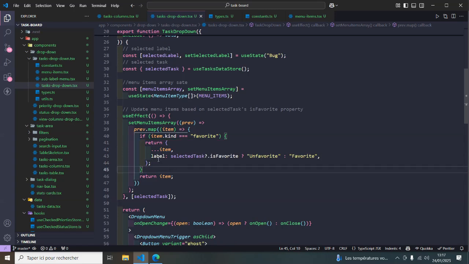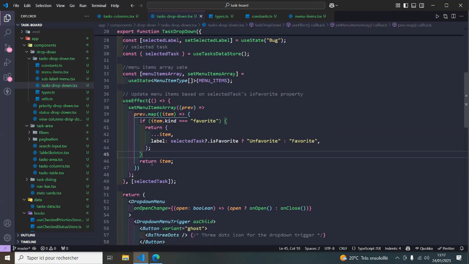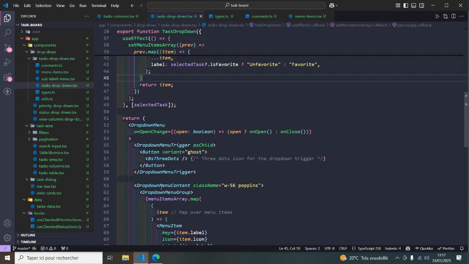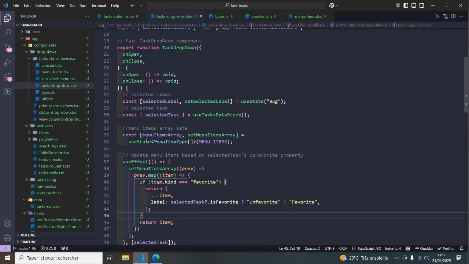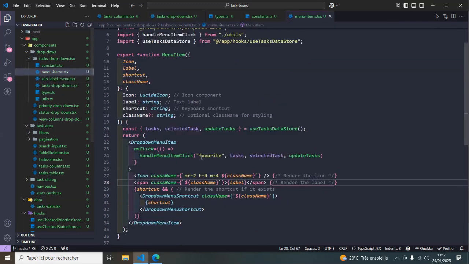Here we're going to only update the label depending on the selected task. So if it is favorite, we're going to show the unfavorite. Otherwise, we're going to show the favorite. And this is going to be dependent upon the selected task state. So after doing this, we are going to go to the menu-items.tsx, and in here we're going to